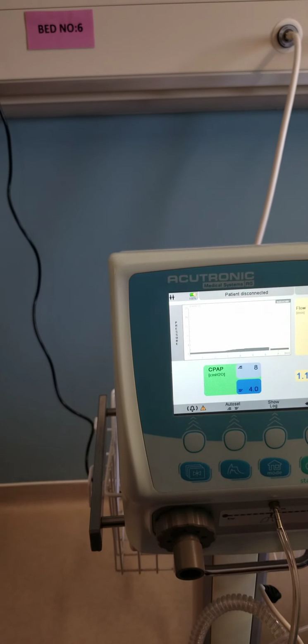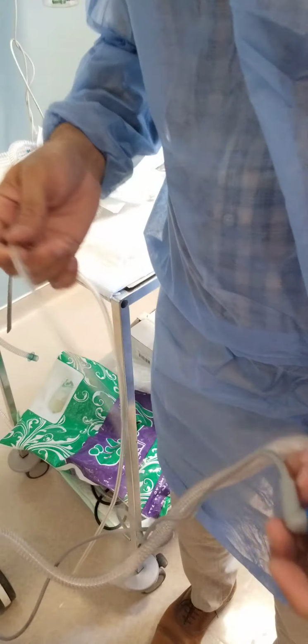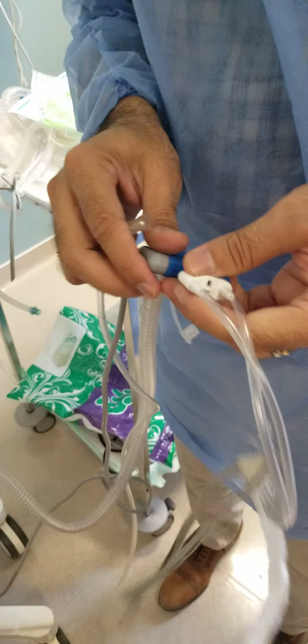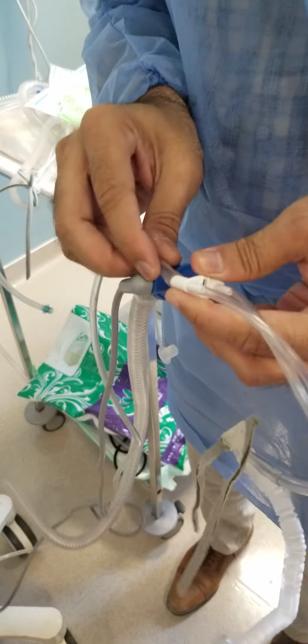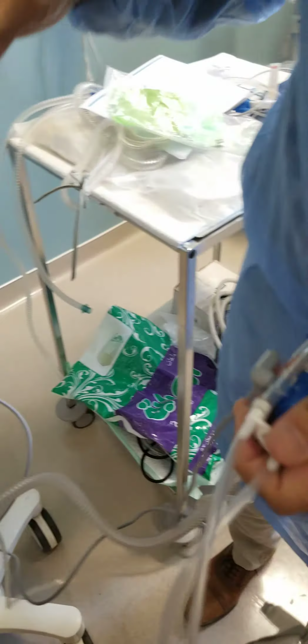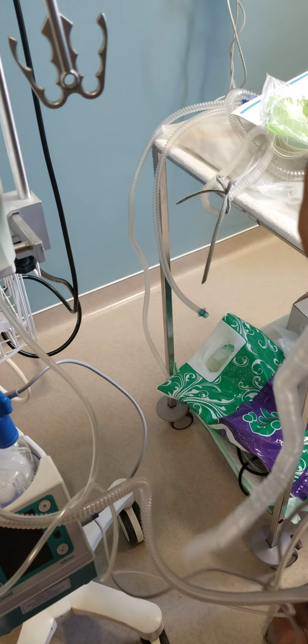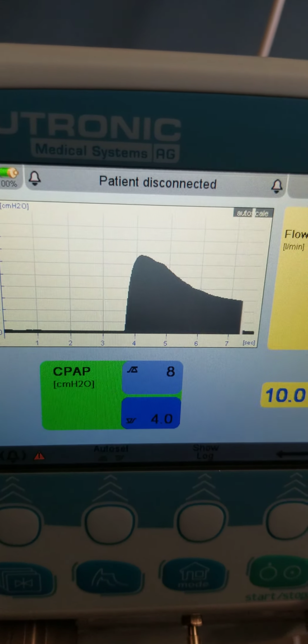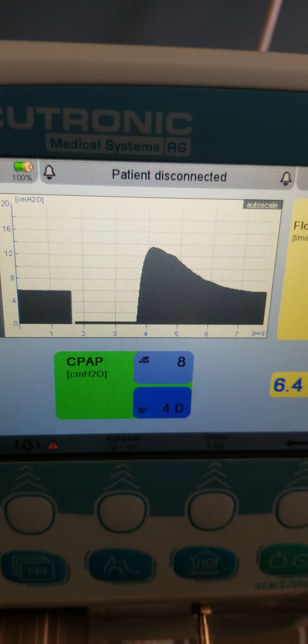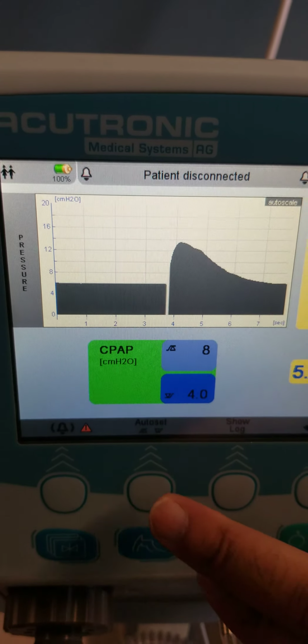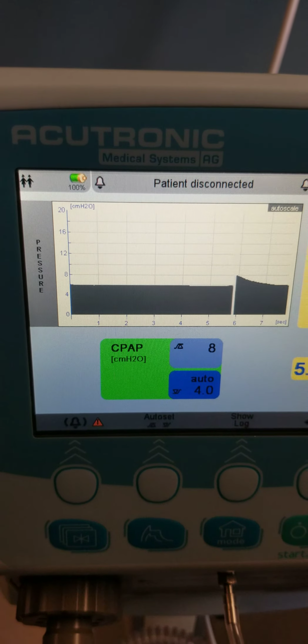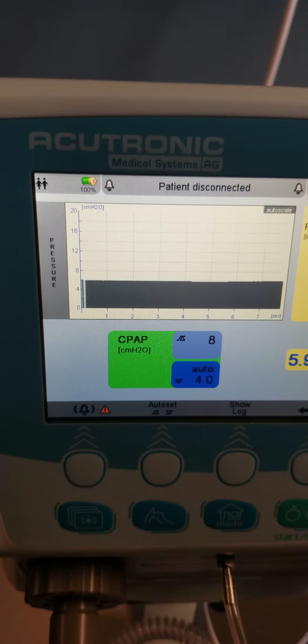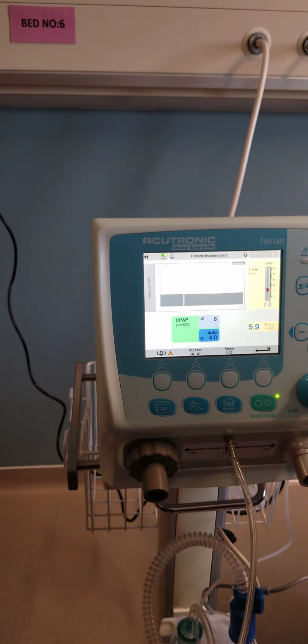It's still disconnected. No, but still it's having a CPAP. Let me try. This is automatically set at 4.